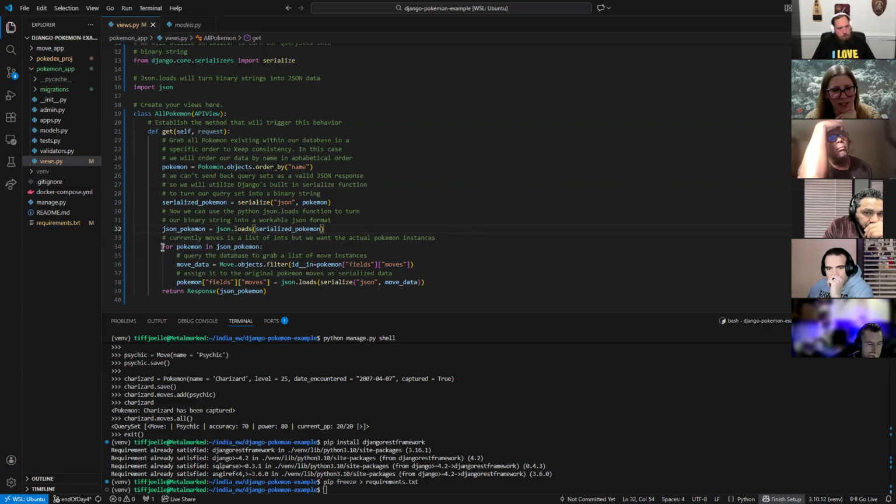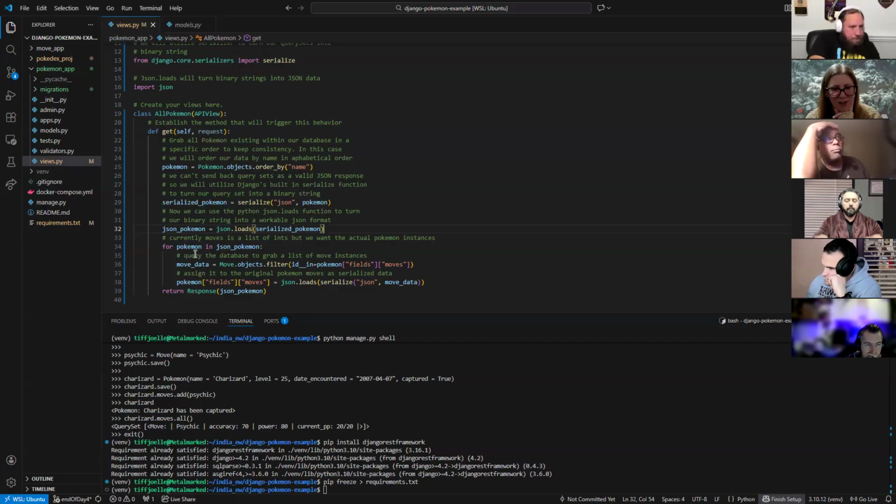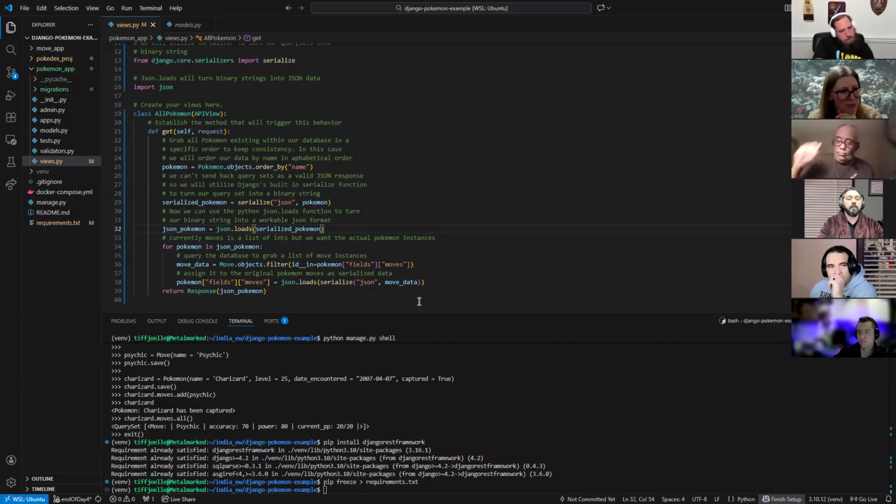So in order to get the move data, instead of just that foreign key, we have to loop through all those Pokemon, the JSON Pokemon, and query the database to grab the move objects now. So this is doing the same thing that we did up here, but now it's a little sub-query because we need to get the moves just like we got the Pokemon. So this one's saying, oh, go ahead. Is that for loop